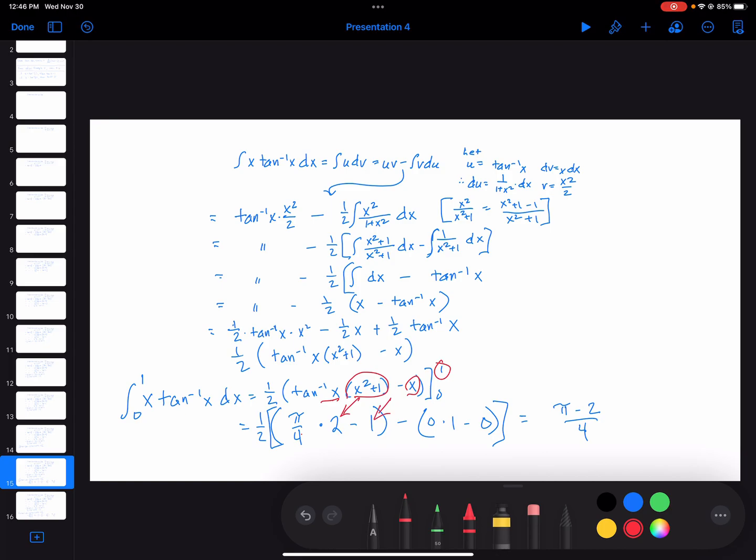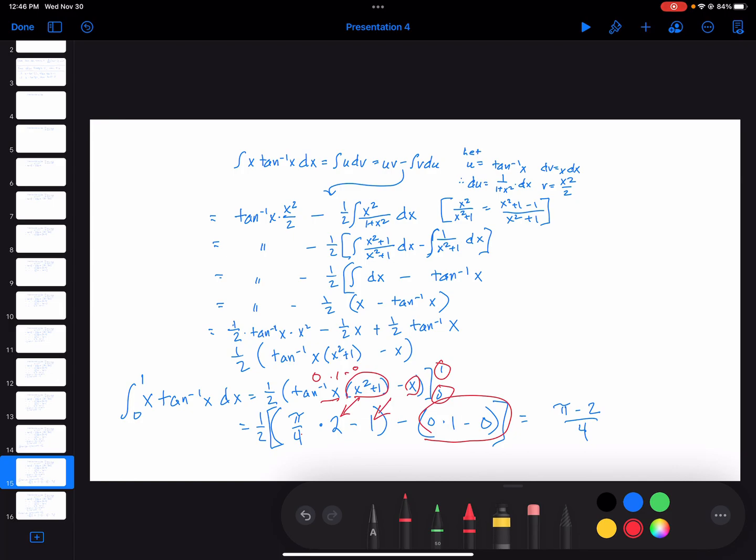And then over here, when we plug in 0, we get 0 times 1 minus 0. Anyway, this becomes a 0. Okay, so we're left with